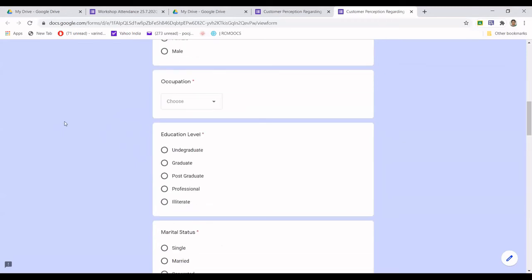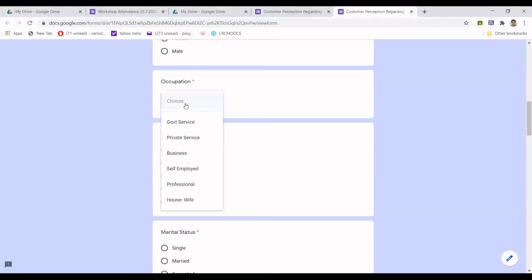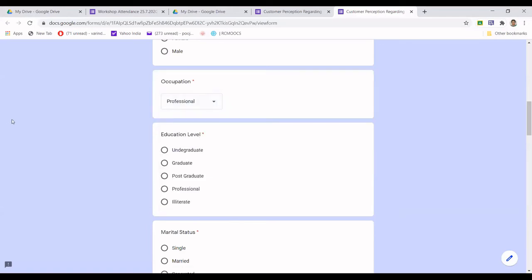Now if you see this, occupation बच्चे मैंने ड्रॉप डाउन बनाया था। So what happens, ये चूज आ गया, यहाँ पे ये बॉक्स है जिसमें चूज है, एंड साइड पे ये एरो है। So what do I do? Click on this, ये मेरे पास ऑप्शंस आ गए, मैं कुछ भी इसमें से सिलेक्ट कर लूं।